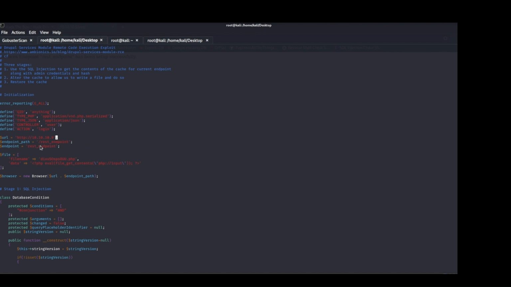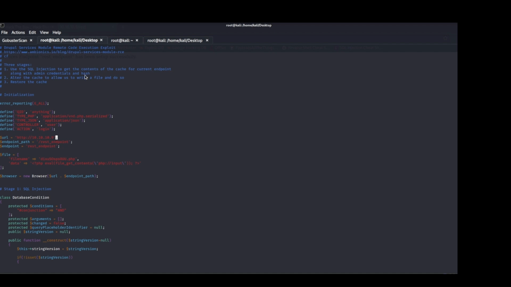So the URL, obviously, we have to do 10.10.10.9. And Drupal's accessible just off the web root, not in the folder, so get rid of that. Endpoint path, we don't know if this is valid or not, so just leave it there. File name, this is a web shell I don't really like. On Linux, it may be good, but since this is a Windows box, we're really limited in what we can do with command prompt, so I like to give myself a little bit more flexibility. To do that, I'm going to create a